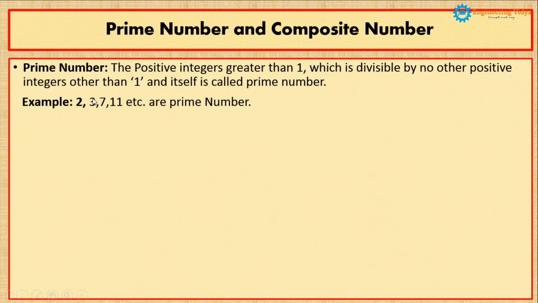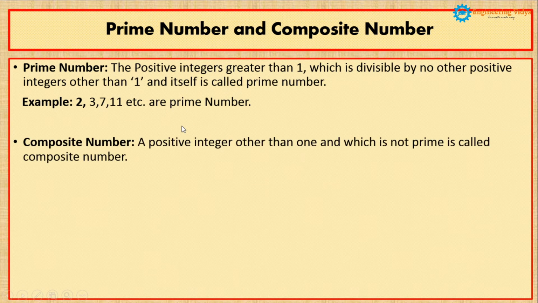So these are examples of prime numbers: 2, 3, 7 and 11. If I take the example of 11, 11 is a number which is divisible either by 1 or by 11, but no third number exists that can divide 11. So we can say 11 is a prime number. But make sure that a prime number should be more than 1. 1 cannot be a prime number, right?